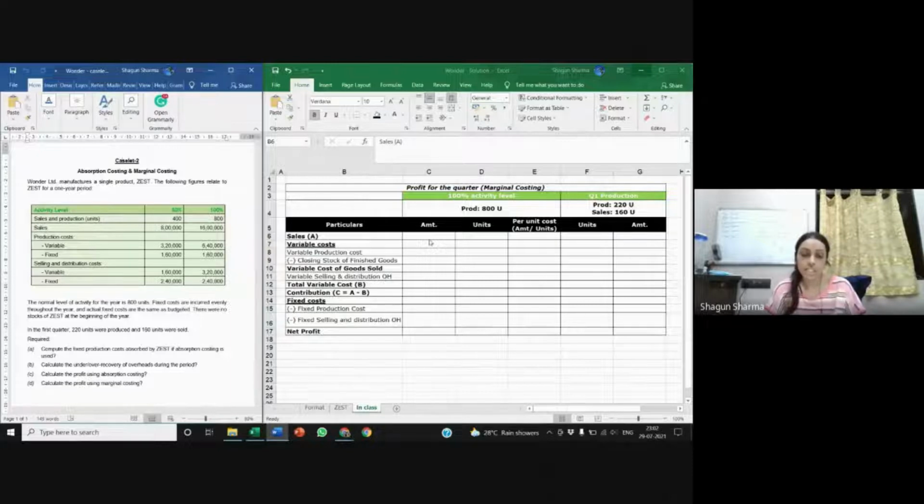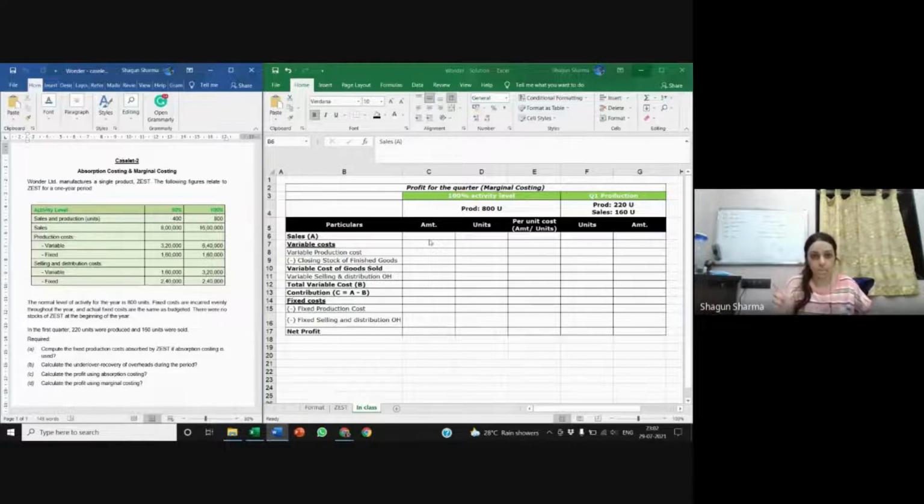All right, so the first thing we learned in costing was cost classification. Before I begin marginal costing, I want you all to think of fixed and variable costs, because marginal costing holds fixed and variable costs sacrosanct. What are fixed costs? Fixed costs are those costs which do not get impacted by my level of production. So even if I produce 100 units or I produce 0 units, I have to pay the same rent every month. Those are my fixed costs.